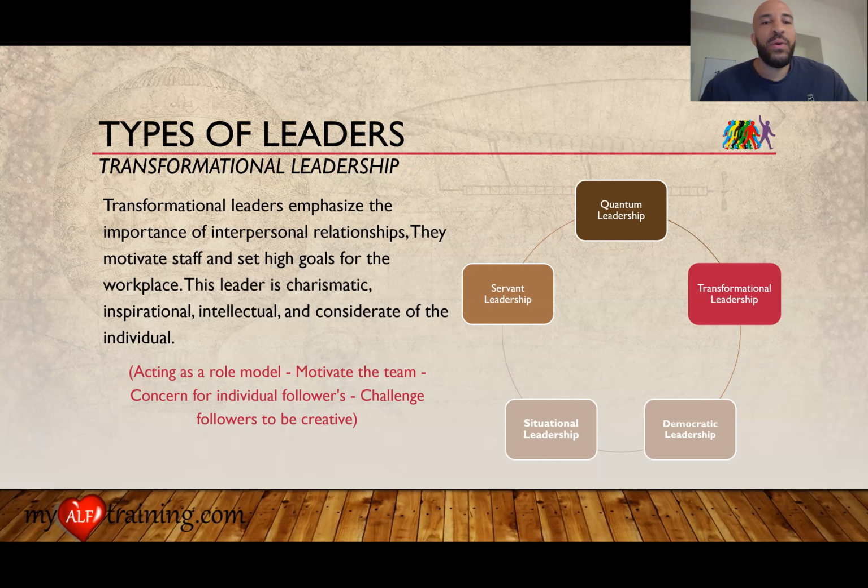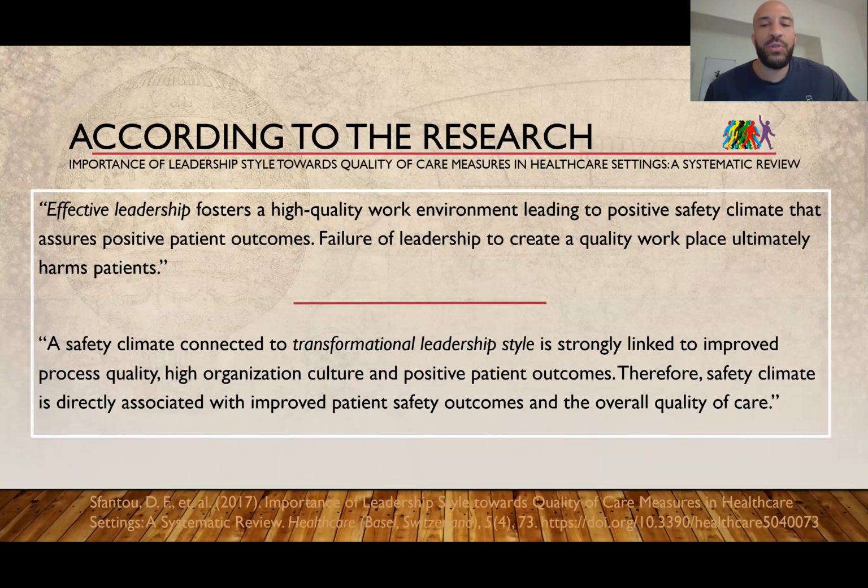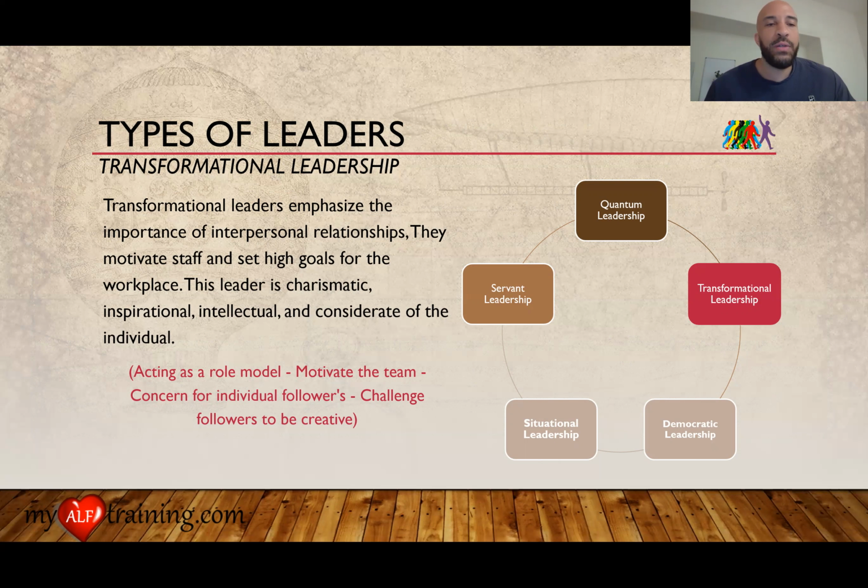Transformational leaders. What makes them so influential that our article here mentions the strong link they have between a positive work environment? Well, a transformational leader has the attributes of an effective leader. They motivate the staff. Now, remember, motivate was one of the four main attributes. This leader is charismatic, inspirational. So someone who's inspirational is very good at motivating. They motivate you even further and on a higher level. There's someone who is intellectual. So there's someone who is skillful, someone who is knowledgeable. And